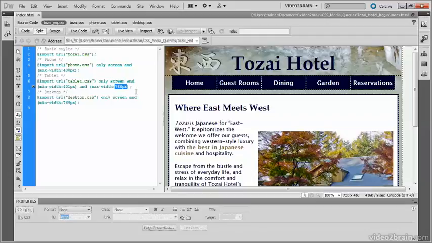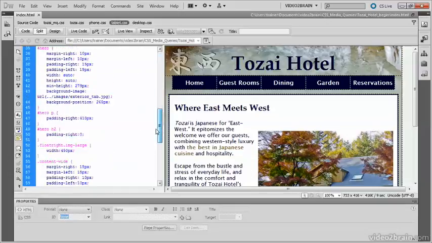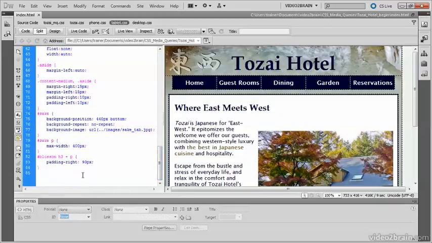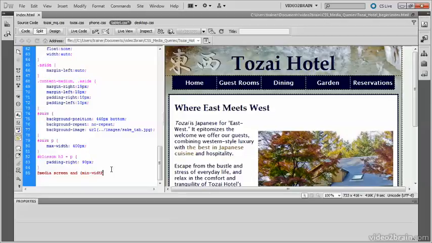Rather than create yet another style sheet, I'm going to use @media rules in combination with media queries inside the tablet style sheet. So let's switch to the tablet style sheet and go down to the bottom and then create the @media rule, and combine it with a media query for screen and min width 401 pixels